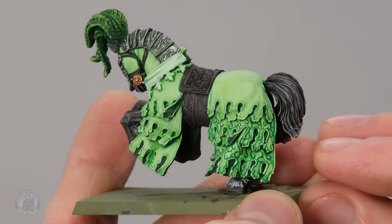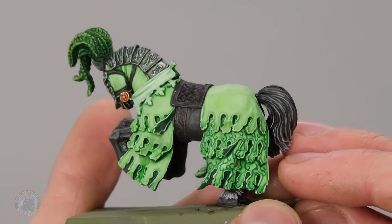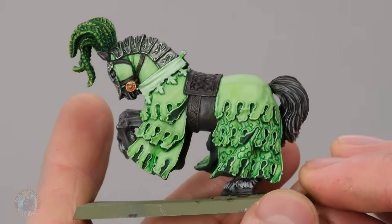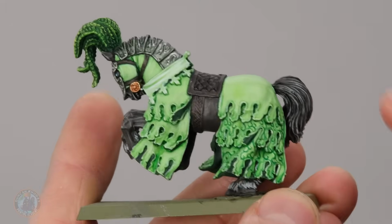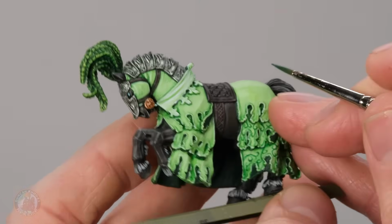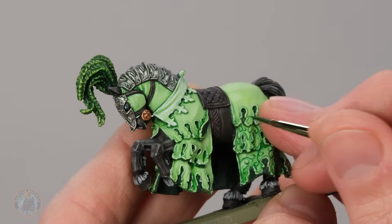I finished applying that initial vine pattern there onto those two regions, and there are one or two little bits I think need tidying up and cleaning up before moving on, but I'm quite happy with how that's looking. I'm definitely getting into a rhythm of it and getting the hang of the sort of size these swirls need to be. I've also noticed a thing that really helps out, and that is on the outer edge of